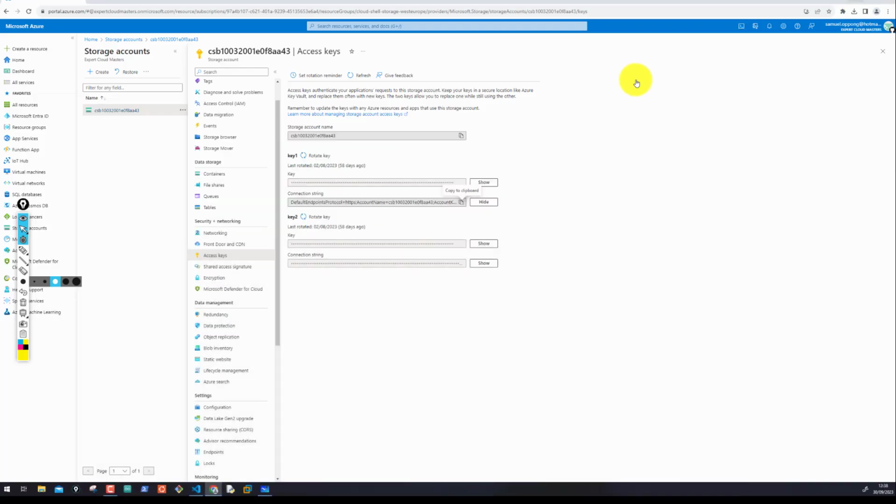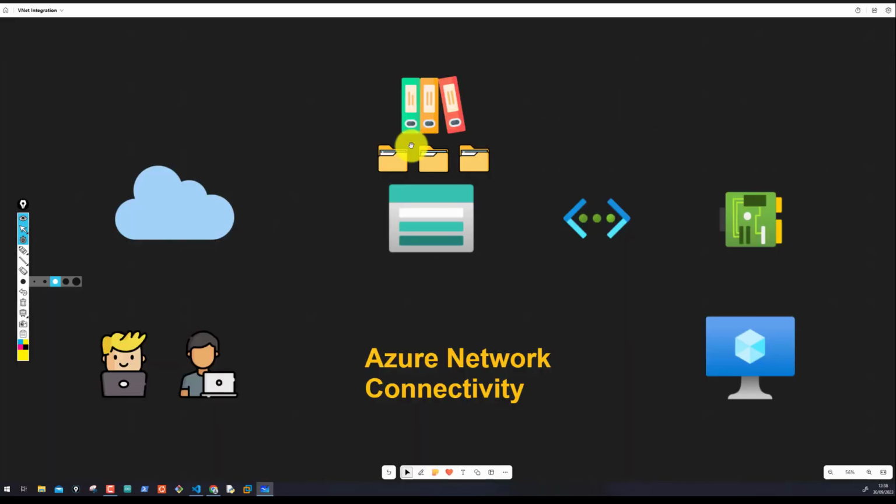What does it do? What does it mean? When we go back to our drawing, what this means is I will now have an access into this storage account to a container. Let's call it container public access X. And this access needs to be secured. So the security is what we call the connection string. Okay, I'll call it CS